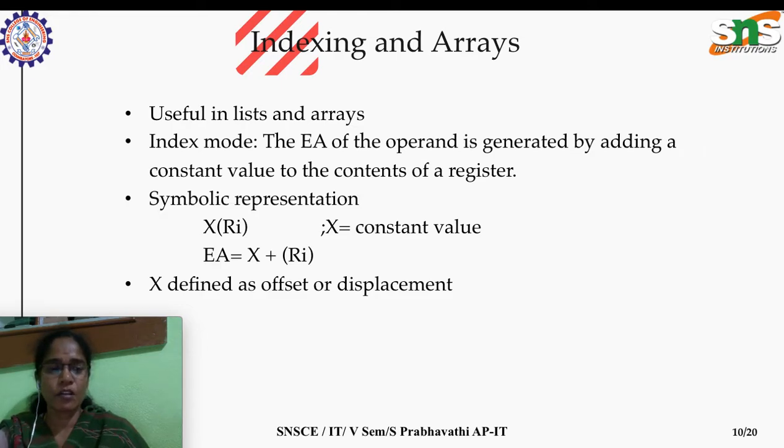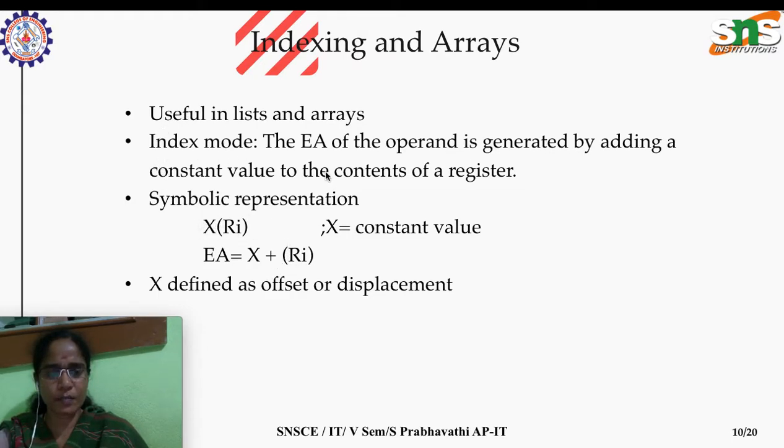So far we have seen the operand value as one. So what happens if the operand is of an array type? If an operand holds 10 numbers, we need to fetch the 10 numbers one by one. In that situation, we prefer indexing in the instruction set. Via the indexing mode, we will get the whole list of items one by one. Symbolically it is represented like this.